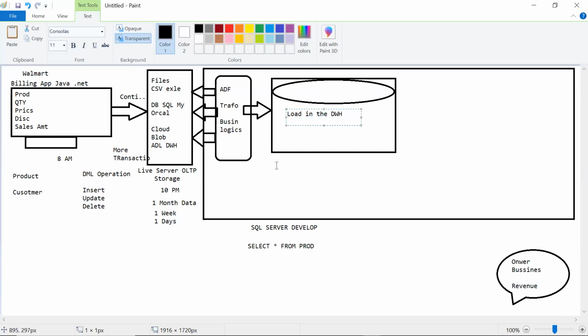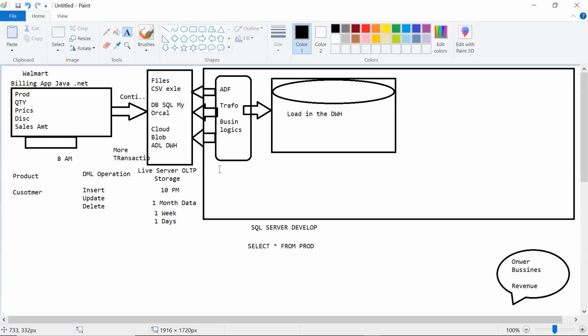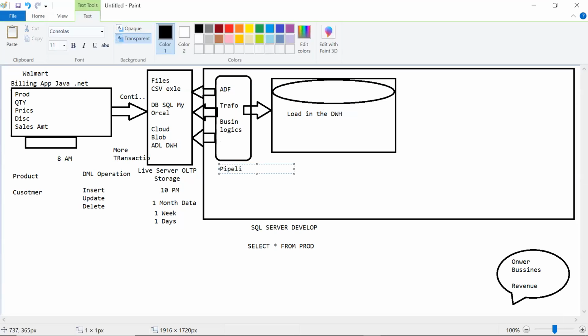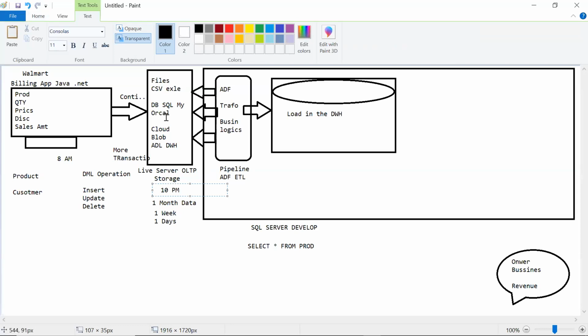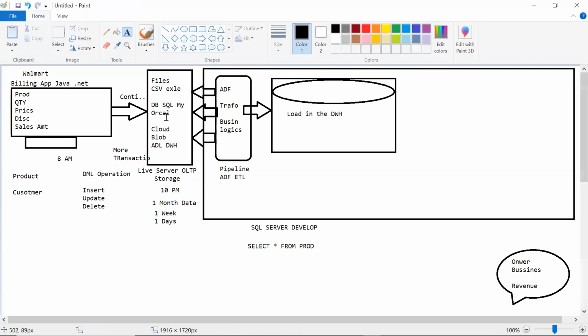And every day, how are you going to load it? You're going to schedule it. You're going to develop one ETL pipeline. What does this ETL do? When my store is closed, at 10 p.m., the systems are in an idle position. Nobody is using the system. That time I'm going to schedule